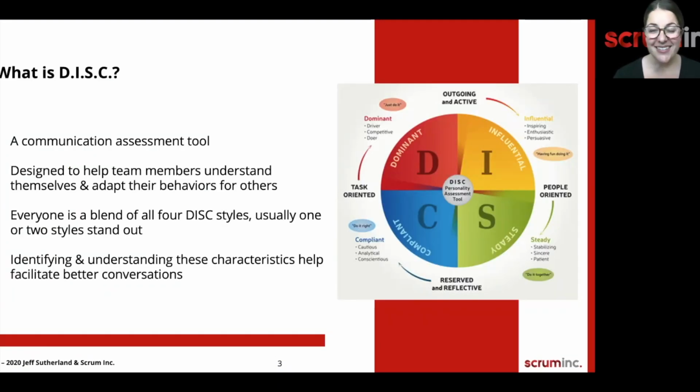What is DISC? DISC is a communication assessment tool that was developed in 1928. And much like Scrum, it's evolved over time. Dr. William Moulton Marston from Harvard University was studying patterns of communication styles. And this really helped us to develop the 4-quadrant model that we use today, which you can see to your right-hand side. This model is designed to help team members understand themselves and also learn how to adapt their behaviors